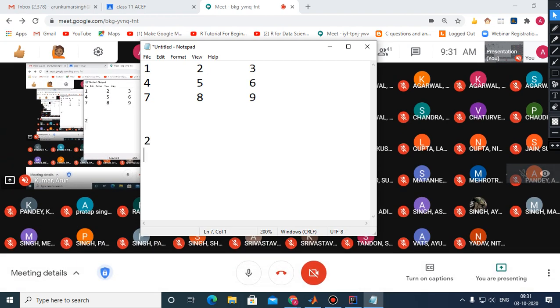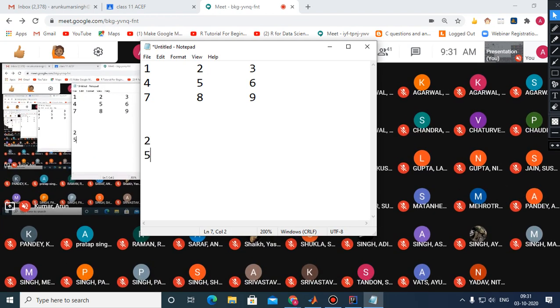This second column will become the first column, and the third column will become the second column, and after that the first column will become the last column. So all of you please try this. So please try, all of you.